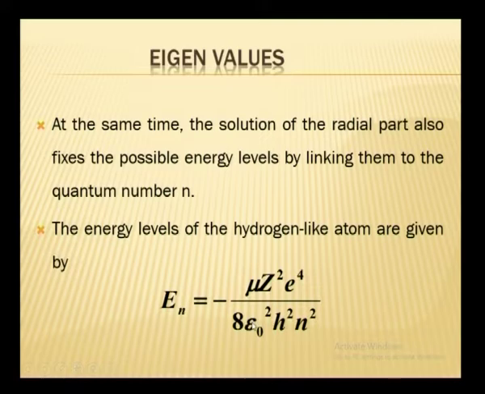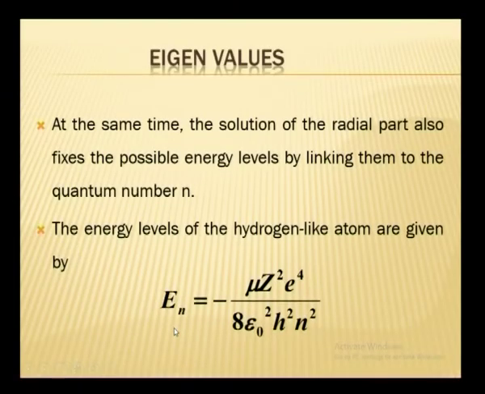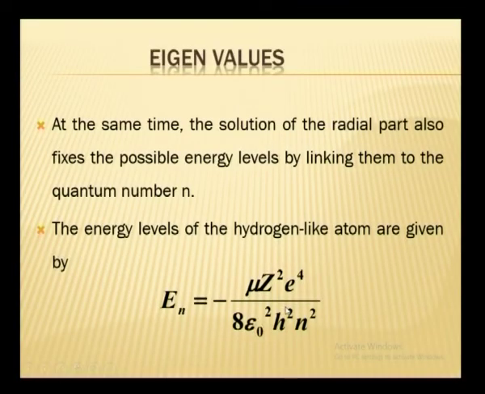In what way is this equation different from the one that was obtained by Niels Bohr? You have studied the Bohr atom model. In what way is the expression that you obtain for the energy eigenvalues, the energy that the electron can have in the hydrogen atom, different from the Bohr atom model? The difference between the energy eigenvalues you obtain from the Bohr model and the Schrodinger model. The important thing is one feels disappointed that you are arriving at the same expression that is obtained by Niels Bohr. There is no difference.